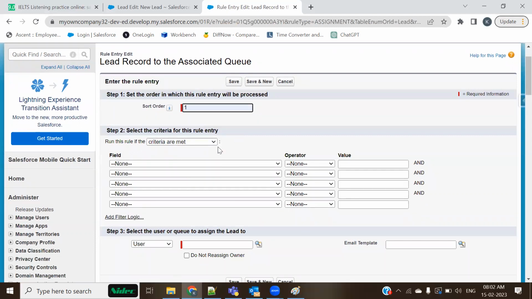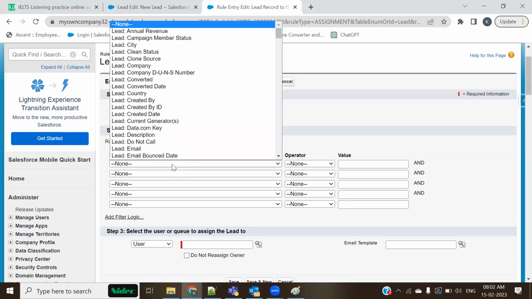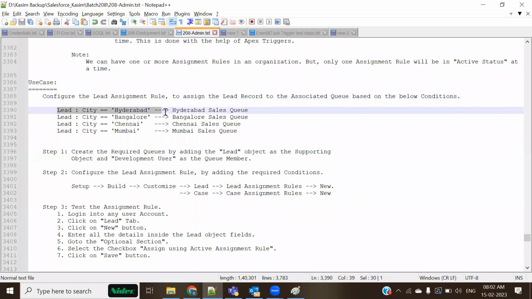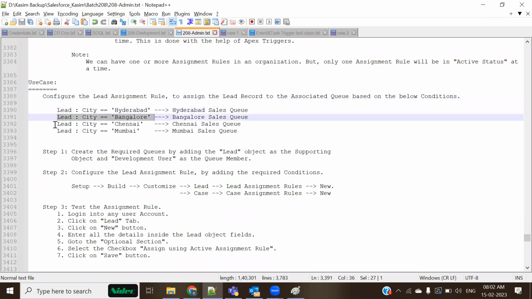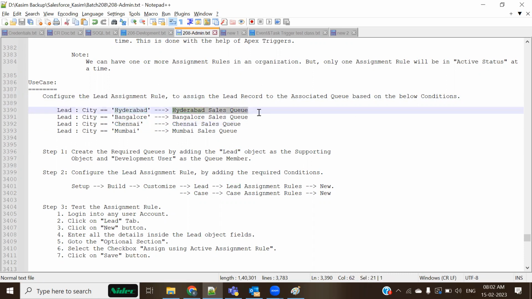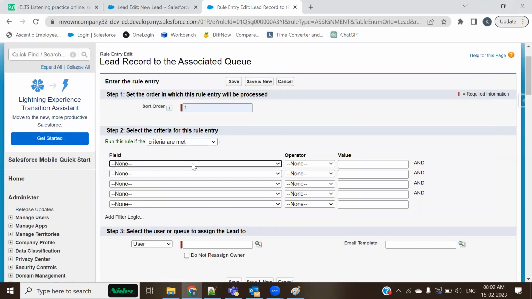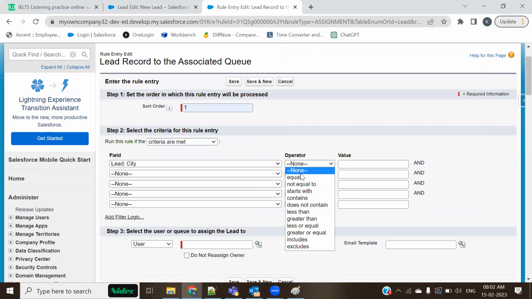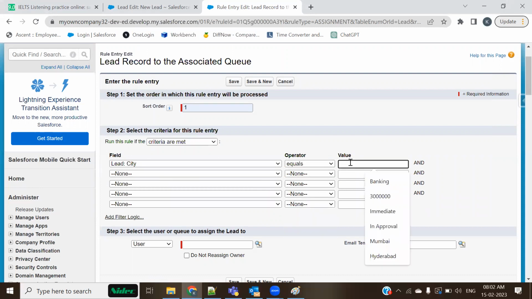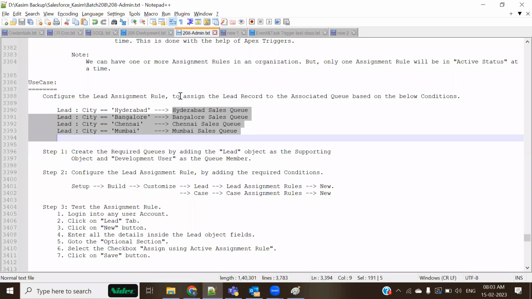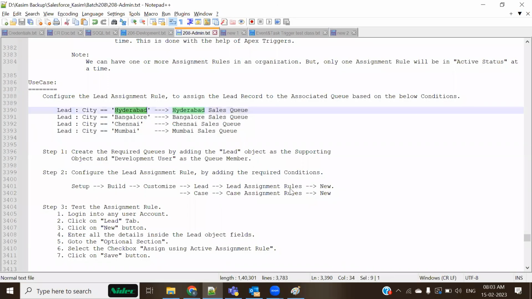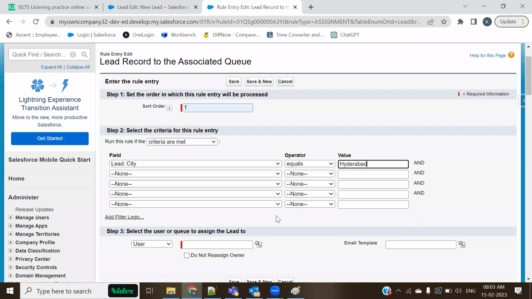Sorting order, you can give 1, 2, 3, 4, no problem, but it is required. So for the criteria or formula, I wanted to evaluate a criteria. What is that criteria? See, we already have it. If the city of the lead is Hyderabad, if the city of the lead is Bangalore, or maybe Chennai, or maybe Mumbai, accordingly this should be assigned to these queues. All right. So I would be checking for the same one. If the city of the lead is equal to Hyderabad, otherwise I'll have to copy this from here. Is equal to Hyderabad. In that case,